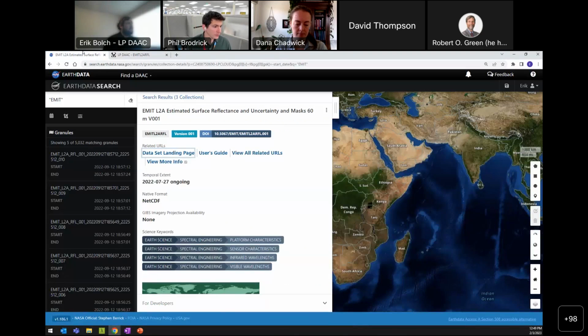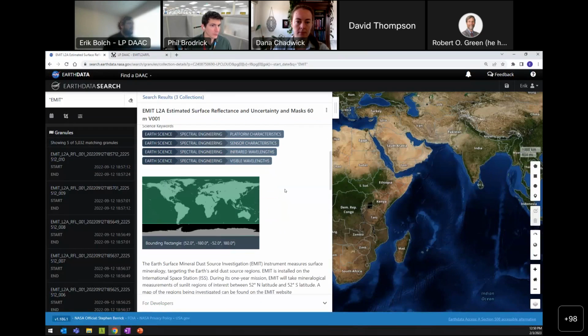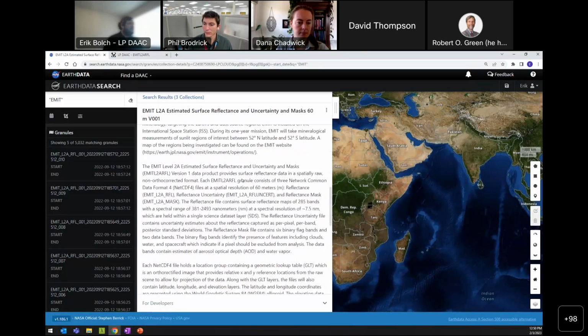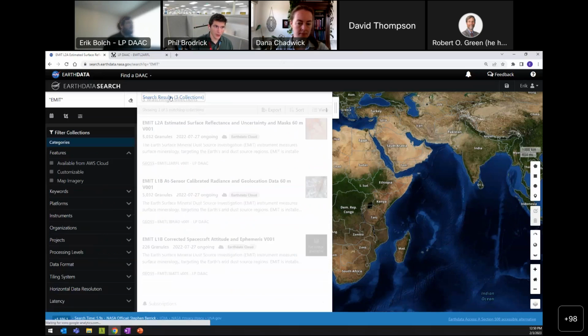But if we go back to Earth Data Search here, also there's some other things like your temporal extent, the format, different keywords, the mission, sort of bounding rectangle for all the data sets collected, a general description, and then details for how to use the cloud access. These links here, this documentation explains how to utilize S3 to access this data. And then here, this link will get you credentials to sign in for that. So if we just click and go back to our search results here,